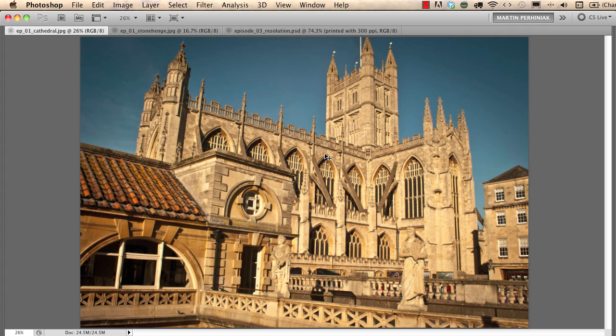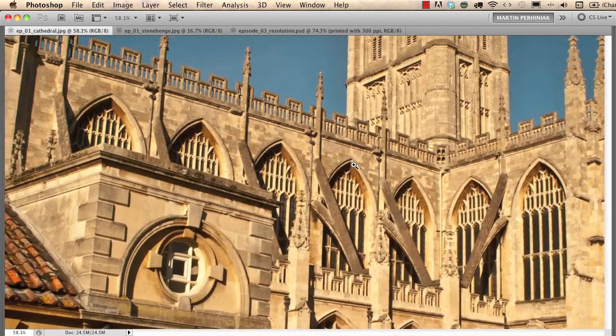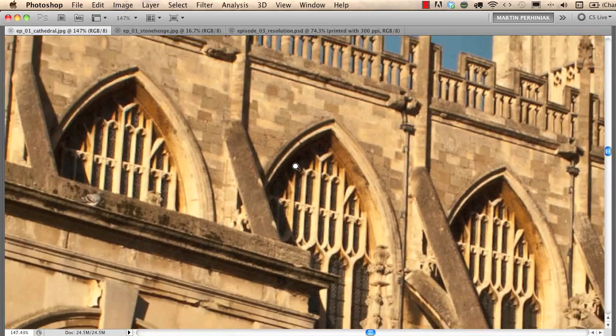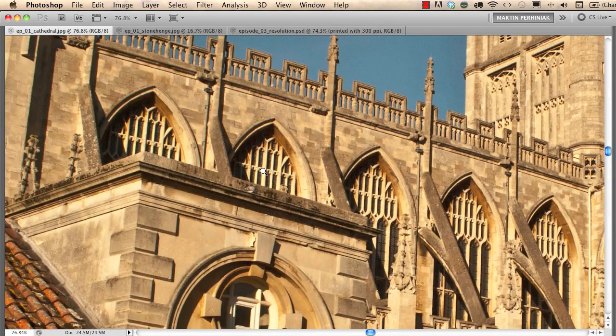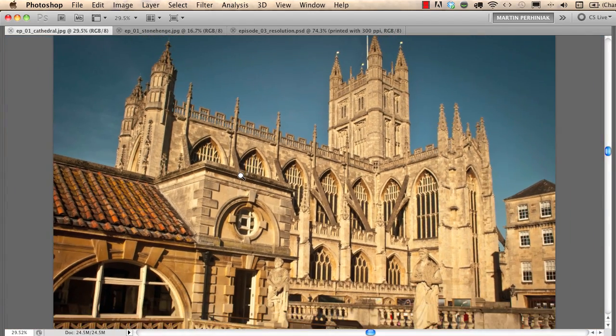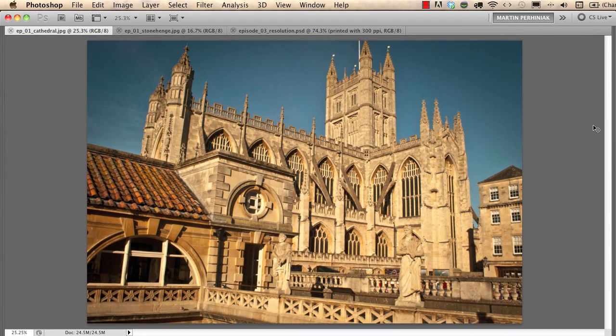If I zoom close to a photograph, you will see those little building blocks that make up an image file. So every pixel can save one color information, and it is like a mosaic. If I zoom out, all these little building blocks will make a nice smooth image from a distance. The more pixels you have, the larger image you can print and use in your work, but it doesn't always